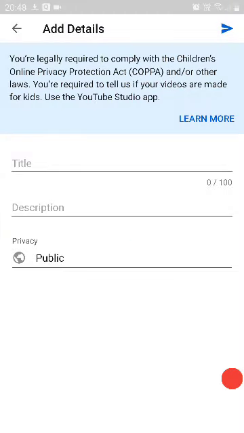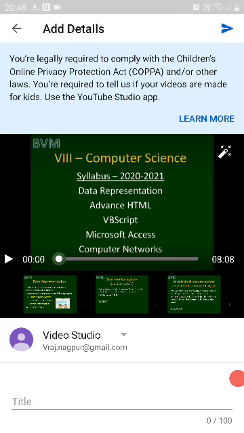You have to click on YouTube, and thereafter it will ask if you want to reduce the length of the video or do some editing, but we are not doing that in these steps. We are uploading the video as it is. Here you will get the email ID. I have created a video studio channel, so it will upload there, or otherwise your email ID name will be there, and there you can upload the video.